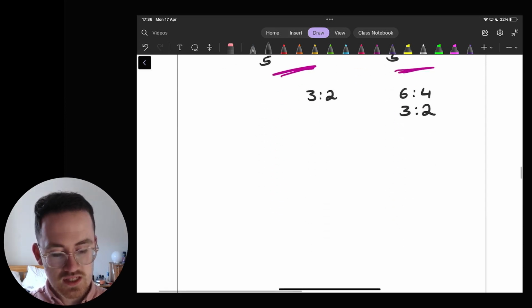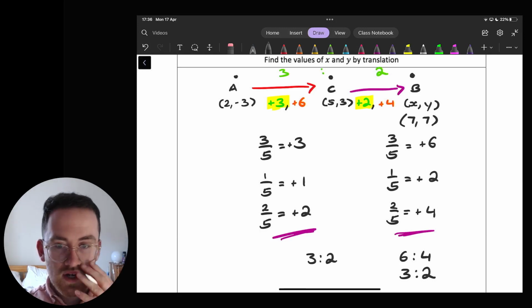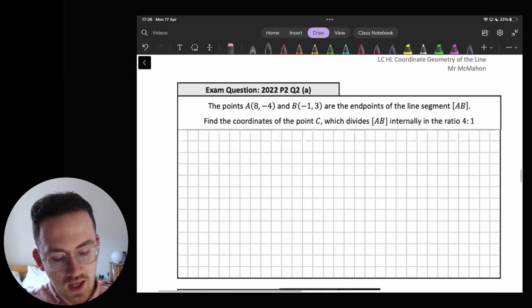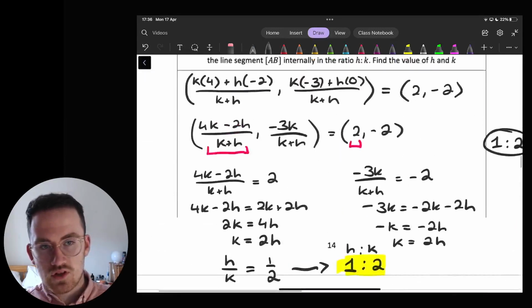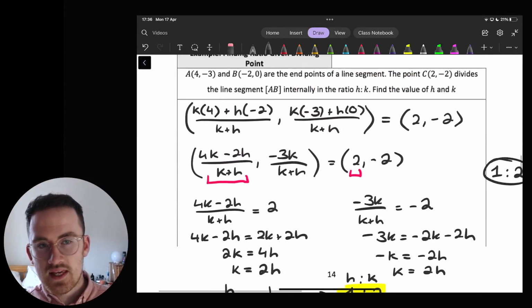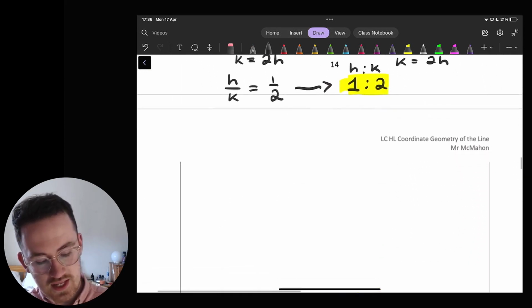Okay, so a lot of this requires you to have a little bit of a think about your ratios and come back and make sure you understand those, okay? So I said I'd go back and do that same example, maybe using the ratios. So let's try and do that. The same idea is going to happen here, but this time we're given all the points and we want to look for the ratio. So let's set up